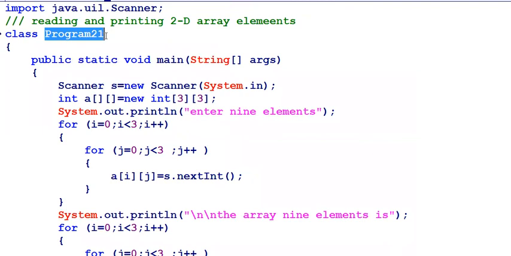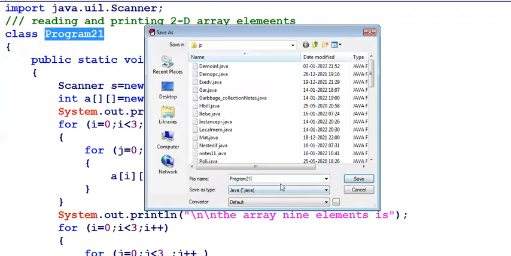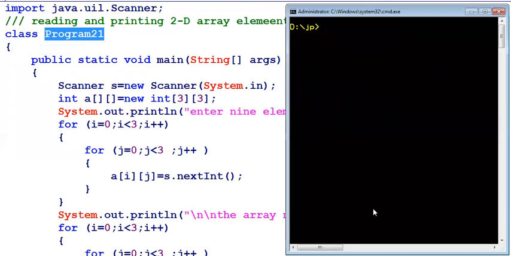Let us start the execution. The program is saved with the class name Program21.java. Now I am saving the program and going for compilation: javac Program21.java.